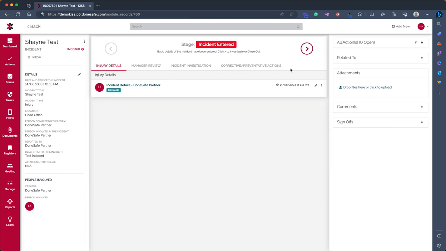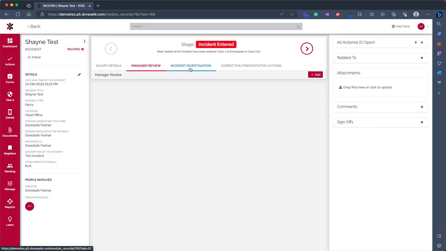here. Now, the layout you'll see of Donesafe is very similar across all modules. The pieces that change, you have the main form information that you filled out here. All of these are subforms that are in the system. Well, all of these, the manager review, investigation, corrective actions, they're all subforms inside that module. What you see at the top here is the workflow that sits behind this particular module, and I'll show you that in a second. And then on the right hand side here, you can see any actions that are associated with this particular module, other things that it might be related to, so you can cross module relationship